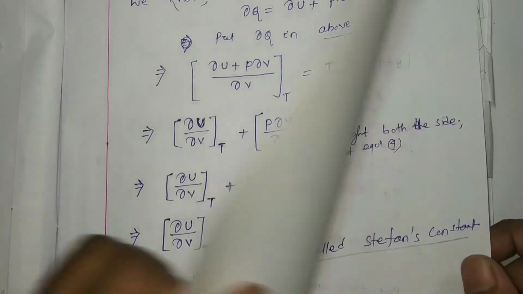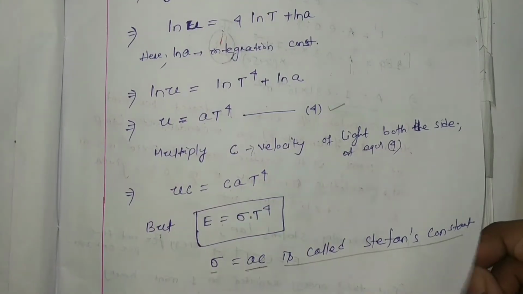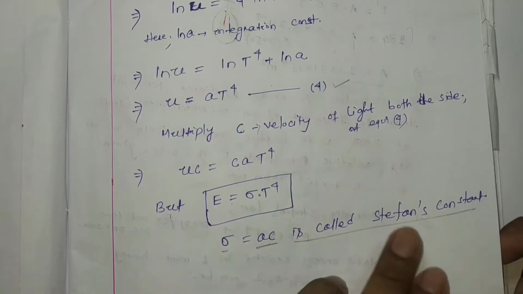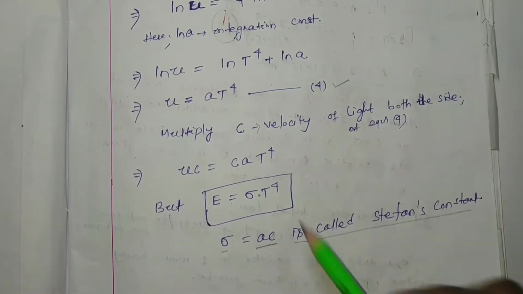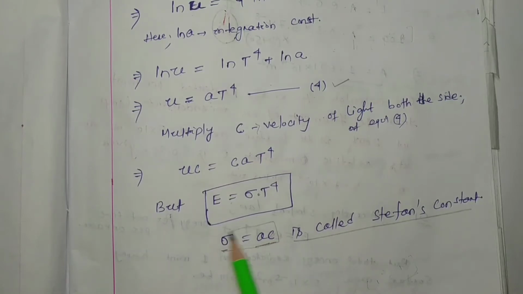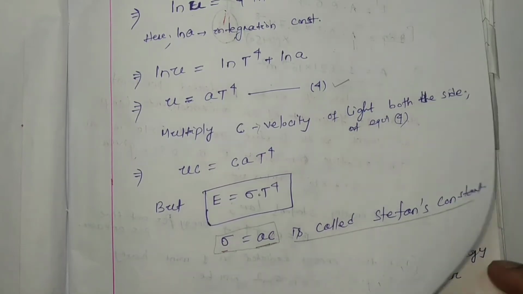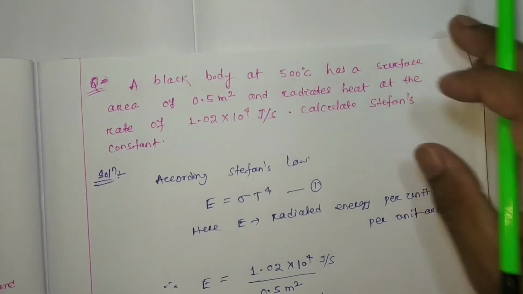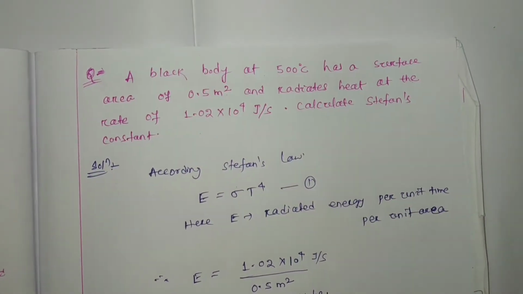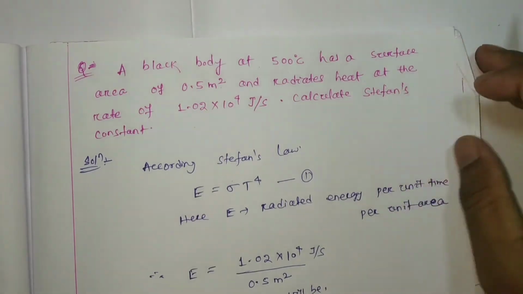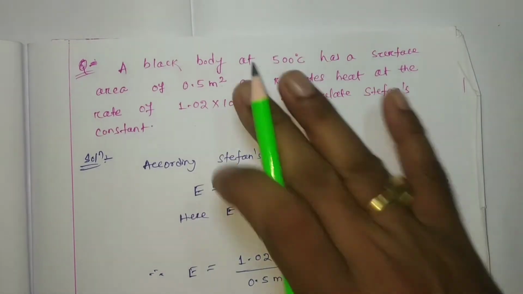Okay, so we found E equal to sigma T to the 4, that is your Stefan's law mathematically, and this sigma is nothing but A into C, called the Stefan's constant, that we discussed in detail in our last class. And I gave one numerical to you that you have to do by yourself. This is the numerical. Okay, and in today's class we are going to discuss this numerical and